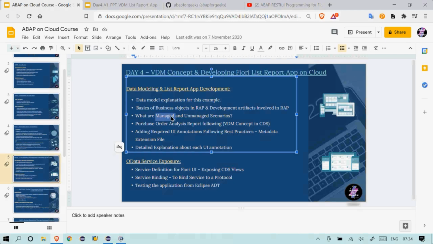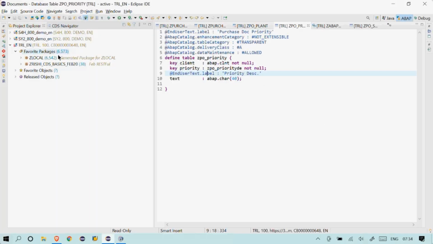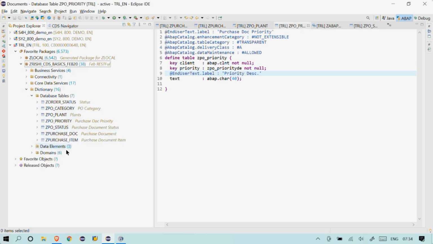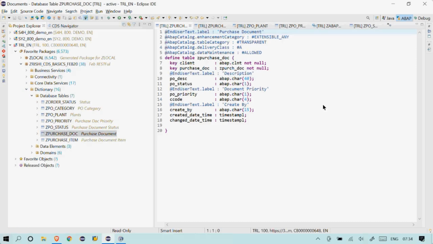For those CDS views, we need to understand how we can create them on top of our database tables. If we have to create a table in normal SE11, we go to SE11, right? There we give a table name and then create the table. For those of you who are not familiar with how to create an SAP table in Eclipse, from Eclipse itself, instead of going to SE11, we can also do it that way. So let me show you a simple example. I created one package, which is already created. If I go to the dictionary, I created some tables for us. So let's look at our purchase document table. Okay, so this is the table.